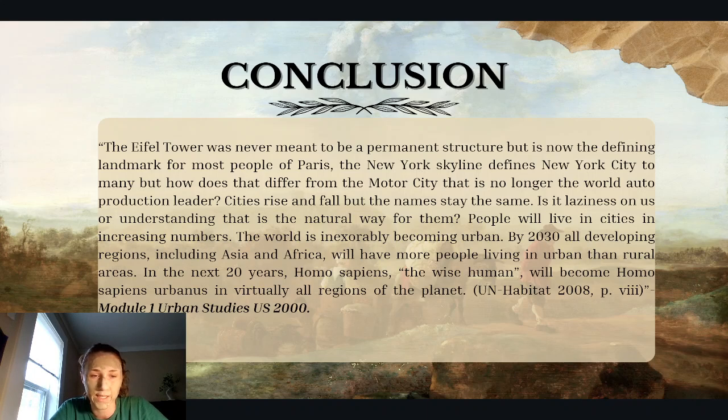People will live in cities in increasing numbers. The world is inexorably becoming urban. By 2030, all developing regions, including Asia and Africa, will have more people living in urban than rural areas. And in the next 20 years, Homo sapiens, the wise human, will become Homo sapien urbanus in virtually all regions of the planet. Basically, meaning that we will tend to live in highly dense populated cities just based off of the name and the history that resonates within that. So, for example, I took an